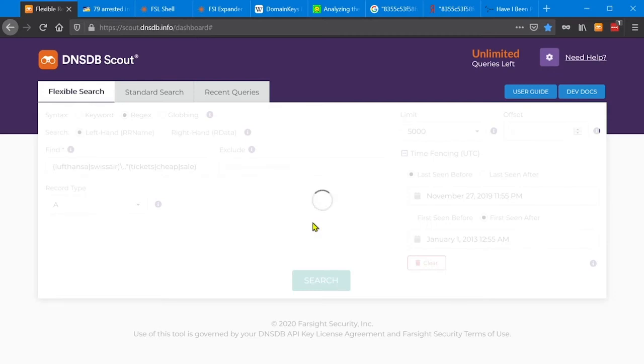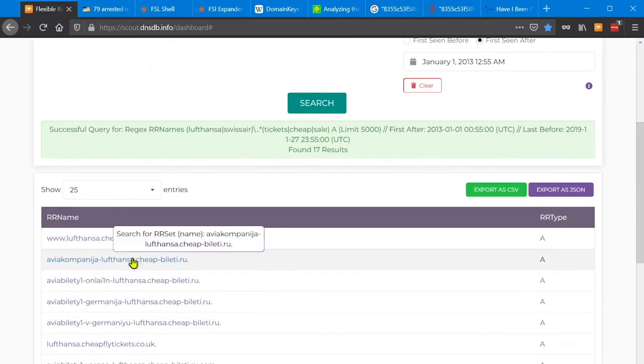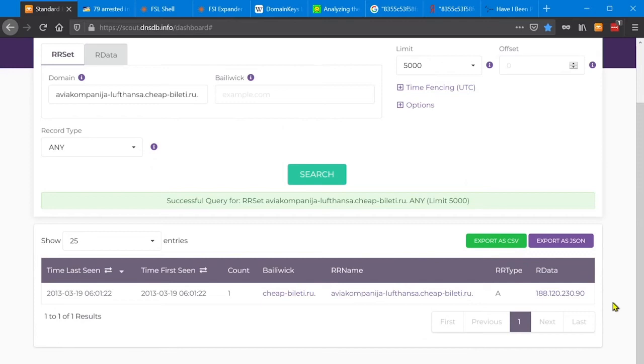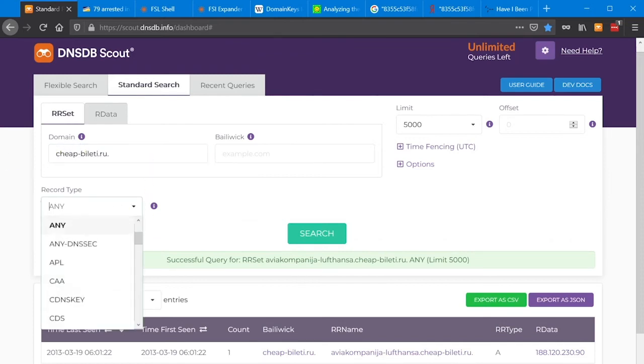There is another way to understand the neighborhood of a specific host name or domain. For example, we may ask a question, what other domains are being hosted on a specific domain name server? We'll go again, click on the same record, but instead of investigating the neighborhood of this specific IP, we will find a name server for this domain first,